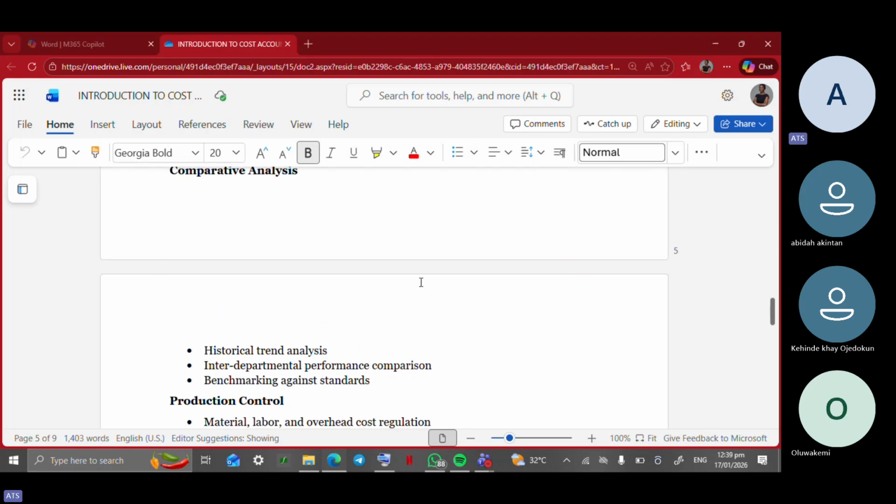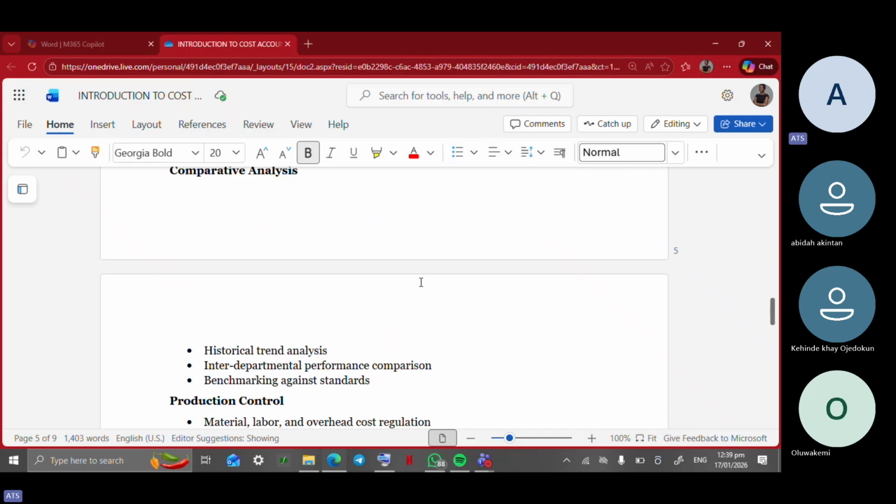Now, cost accounting also helps with comparative analysis. What's comparative analysis? Basically, you're comparing your organization either with the current versus the past. So you want to know how well you have done, whether you have grown as an organization, right? It's cost accounting that can help you to check. To know whether you have grown in terms of cost optimization, you might decide to check how much you used to spend in the past, taking into consideration inflation and everything. So it's cost accounting that helps you to compare how well you are doing on efficiency terms